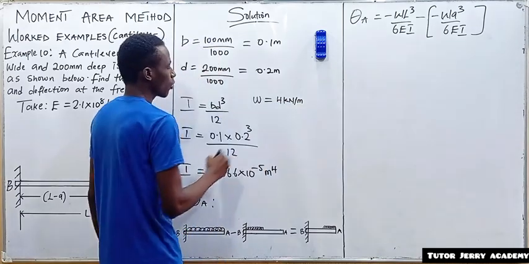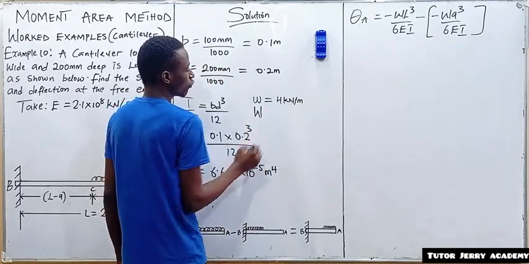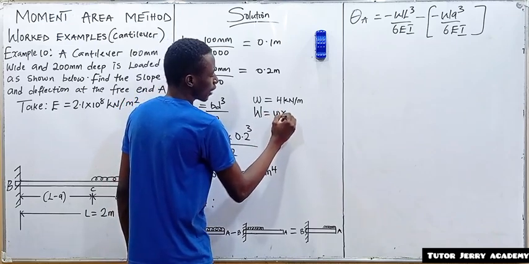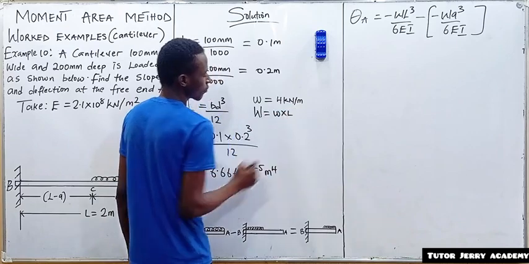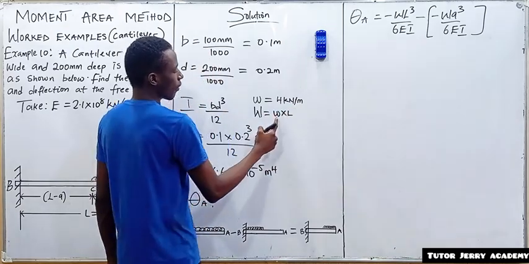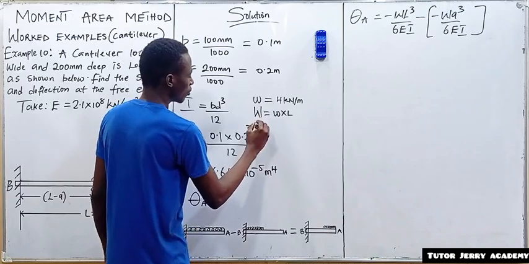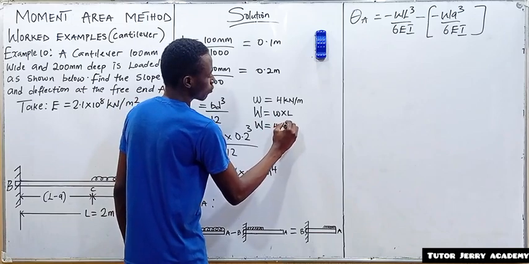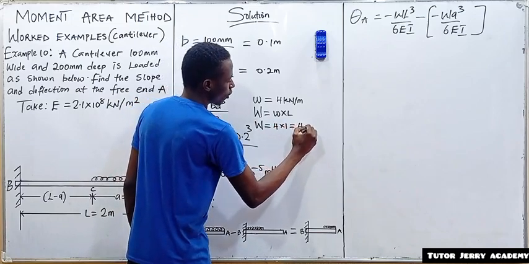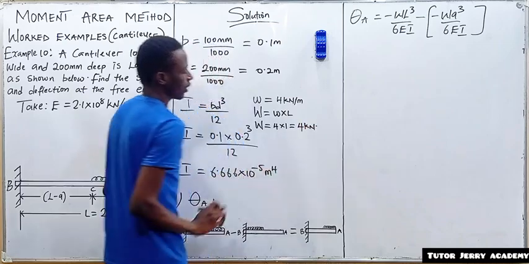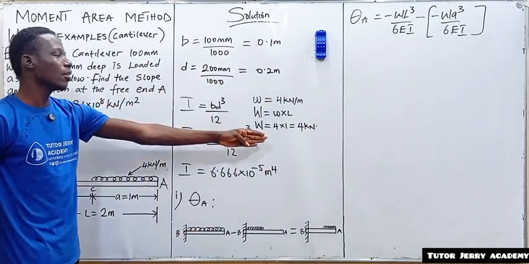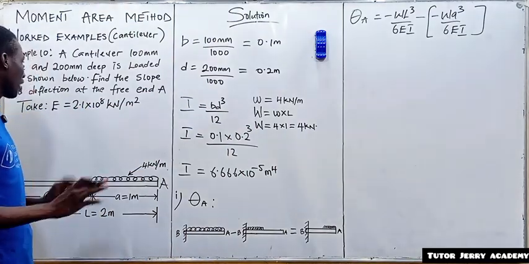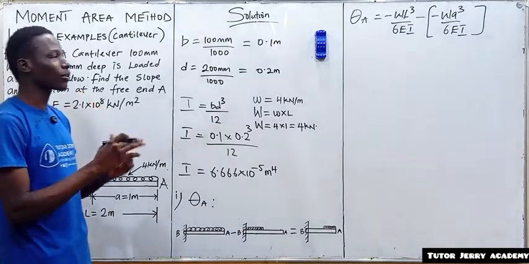We also know that W, the full or total load, is equal to the partial load, that is the UDL, multiplied by L. Our UDL is 4, our length is 1, so W will be equal to 4 times 1, which is 4 kilonewton. So in place of W here, we will use 4 kilonewton. I hope you get the logic. So that's all we need. We can now proceed to solve for